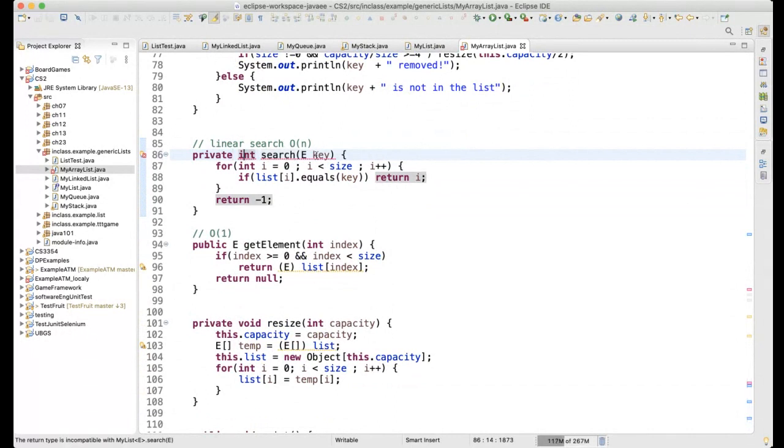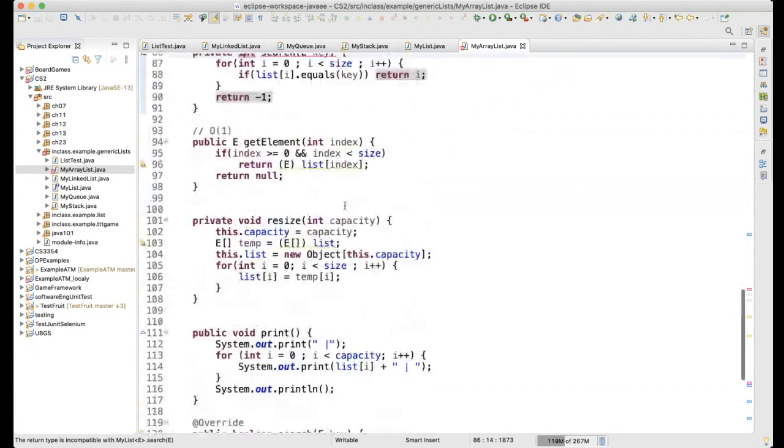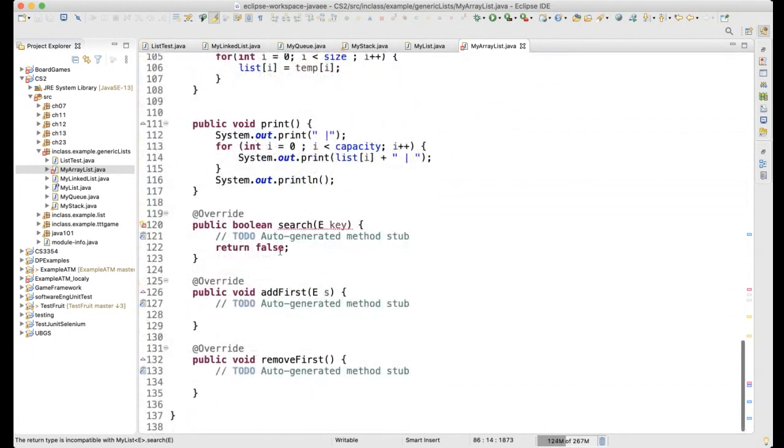And then we're actually going to implement this other method that is going to return, if the value that is returned is bigger than or equal to, or basically it's not -1, then we're going to return